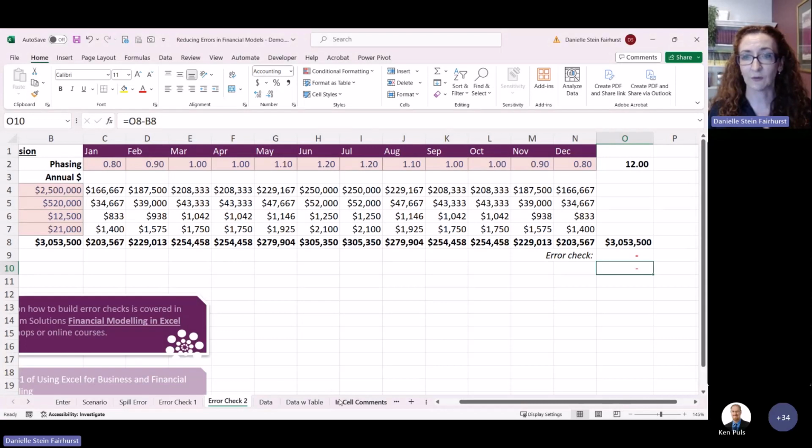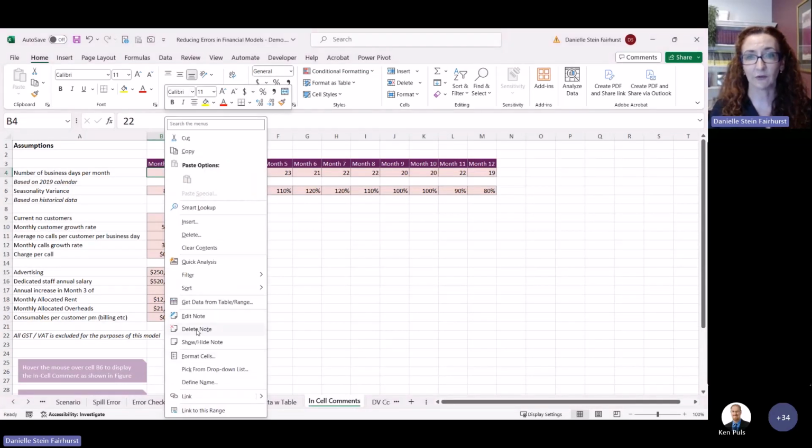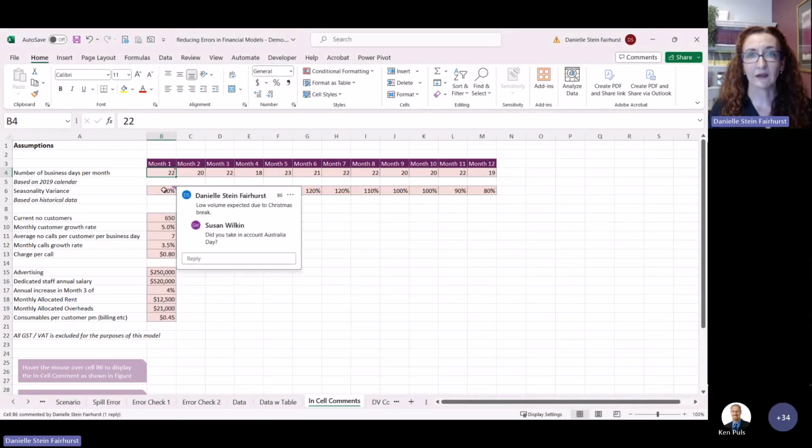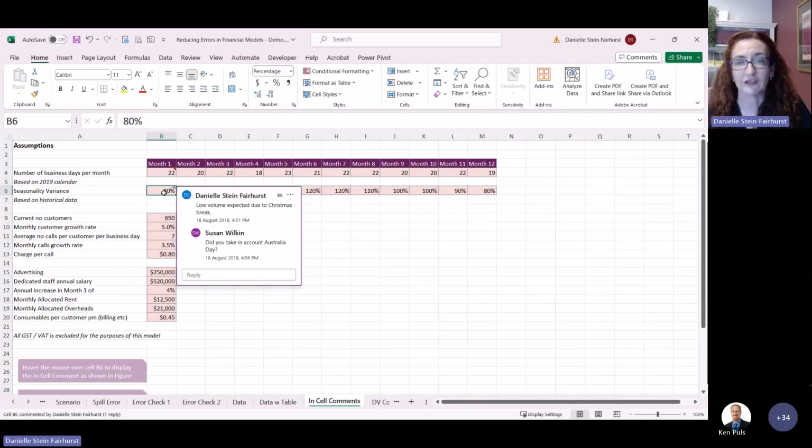If you just go into some in-cell comments, that's just using the little notes. So you can just go in and add a note that way. Actually, that used to be called a comment. They changed the name of it a few years ago. So you can do threaded comments and things like that. They're quite good for documentation, adding these comments and threaded comments in there. That can be a useful way of adding it.